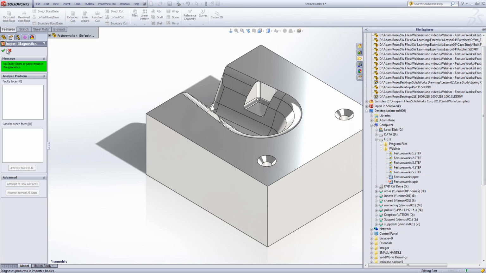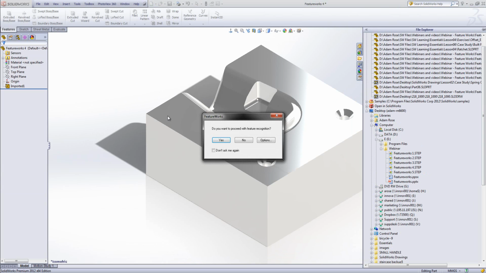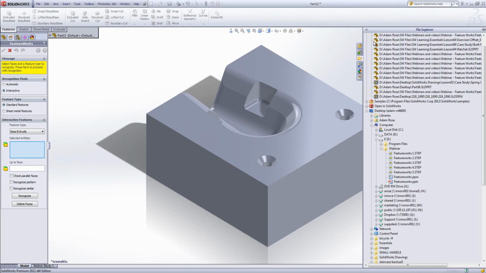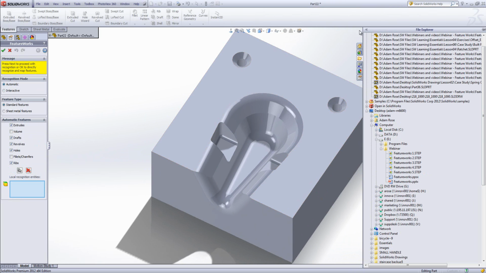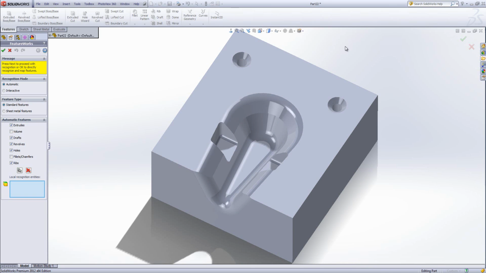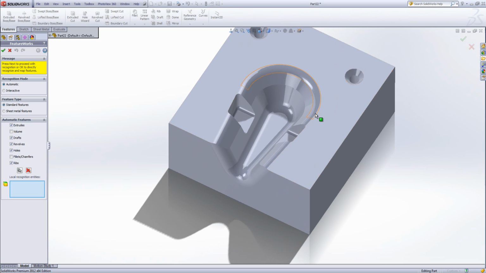Okay, I'll run import diagnostics, and again there's no problems with this model, and I'm going to run feature recognition. The first thing I'm going to do on this example, because you can see it's quite complicated, it's not always clear as to how a model like this might have been built. What we can do is go through the design and use the automatic features and get the model